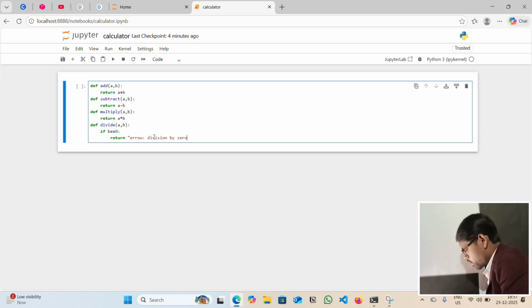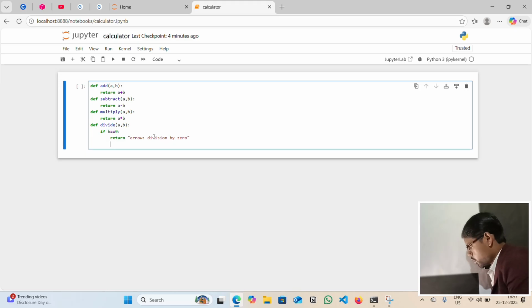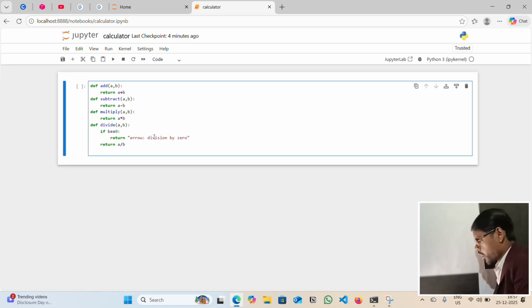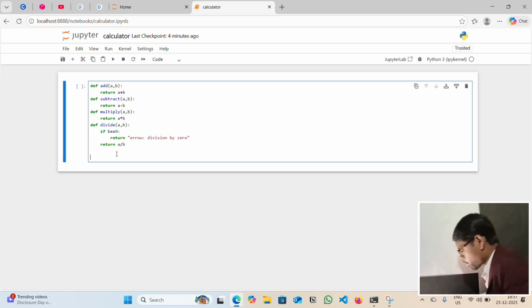Otherwise, return a divided by b. Okay, and complete. We use only 4 functions.